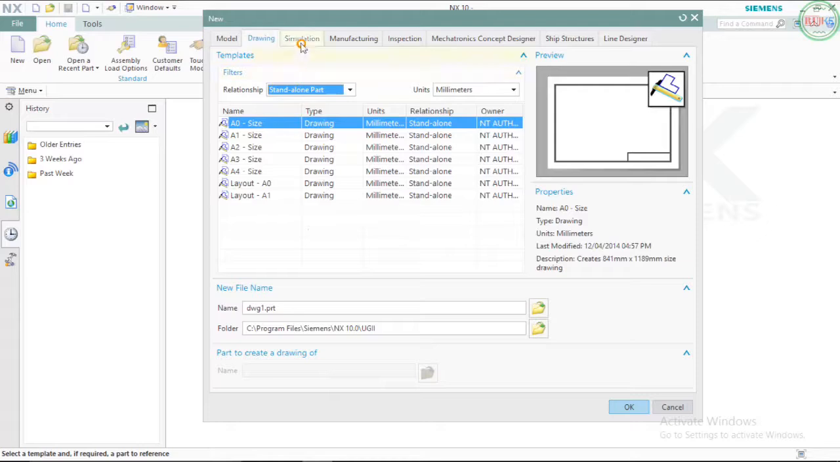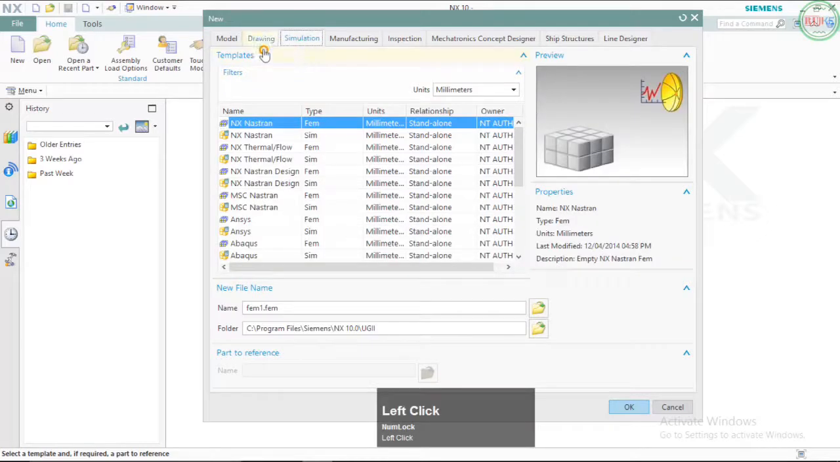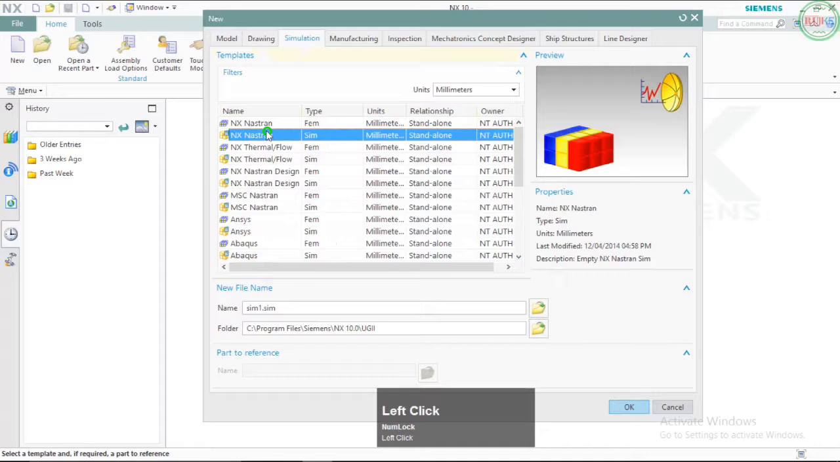Okay, so the next is the simulation. In the simulation there is the same unit filter, and these are the different simulation programs like NX Nastran, NX thermal. What is the NX Nastran? I will just give you an overview of that. The NX Nastran gives you the exact kind of stress produced when your component is working in a practical